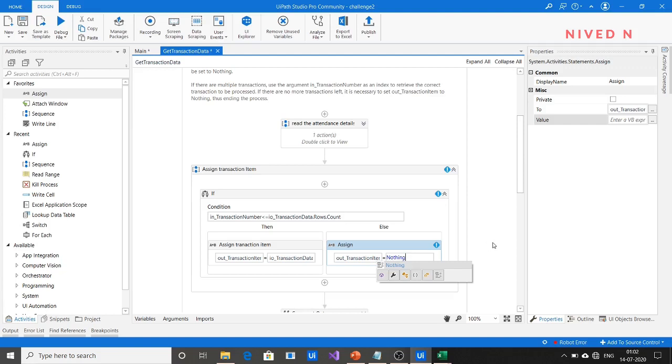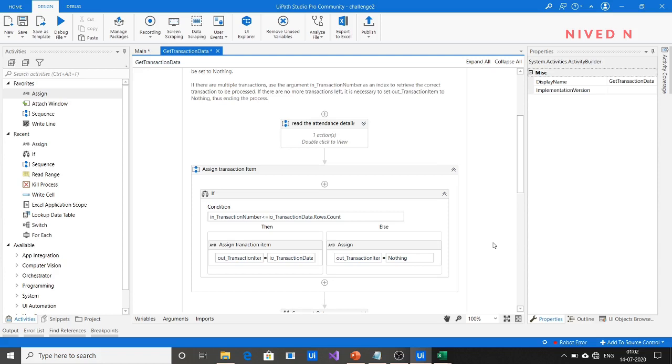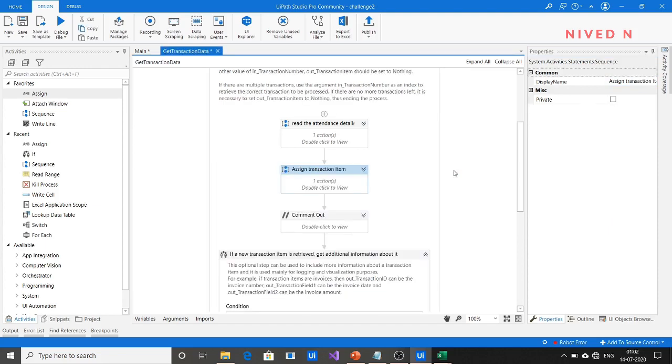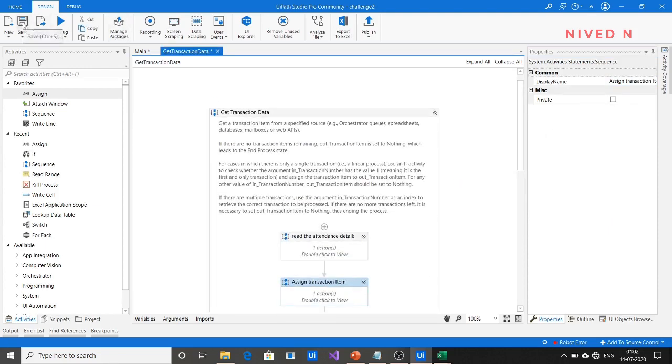Because if the transaction item is nothing, from the get transaction data state you will directly go to close all applications, where the process is terminated. Okay, so you can specify it as assign nothing.